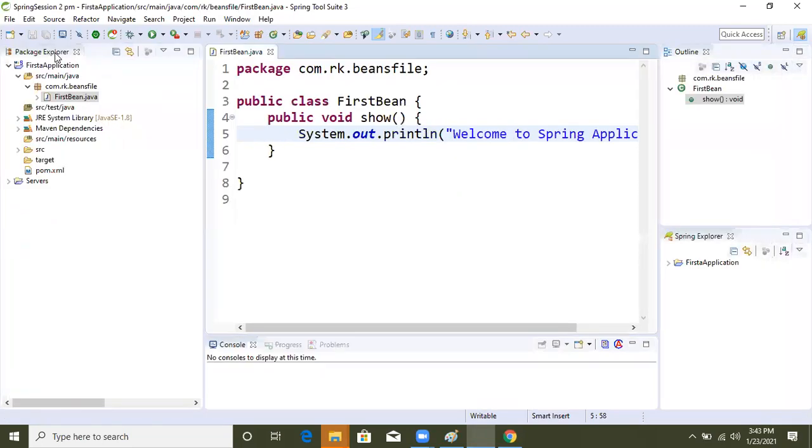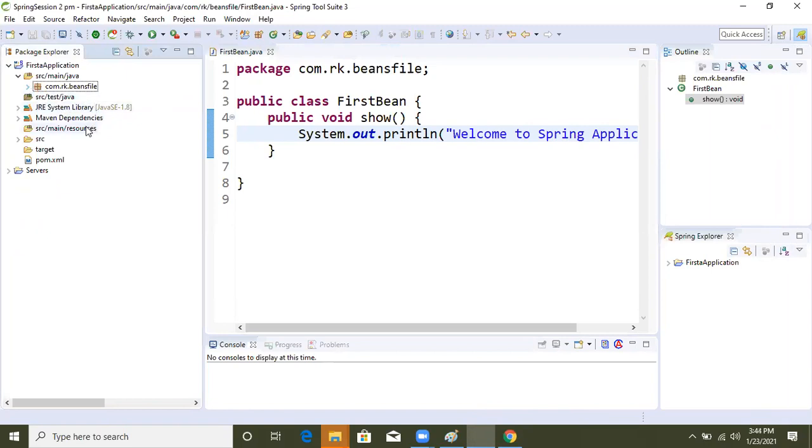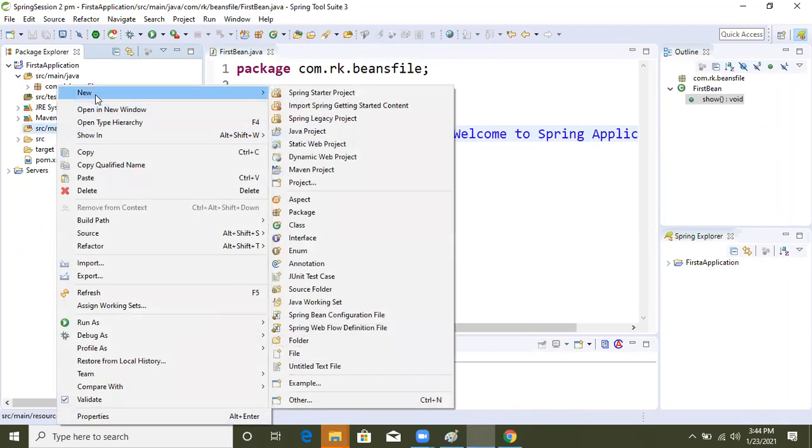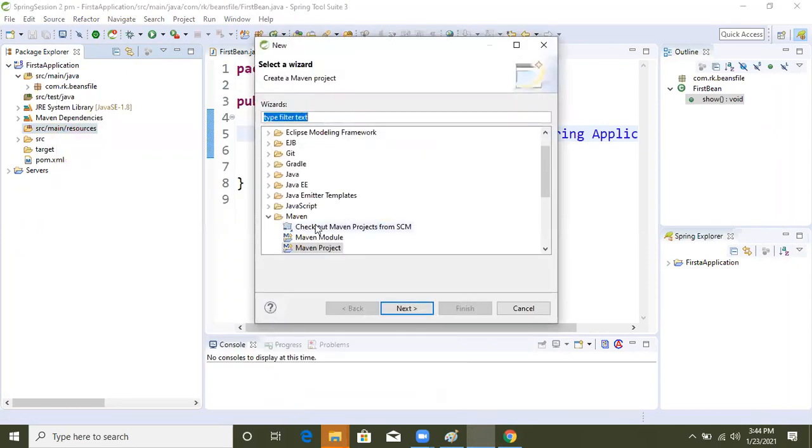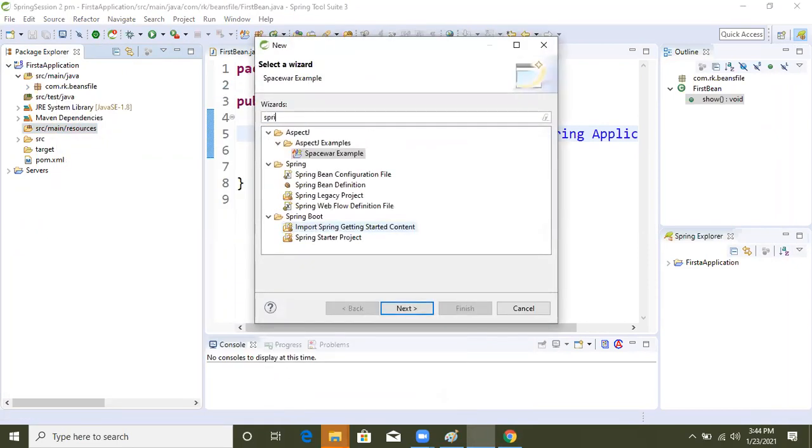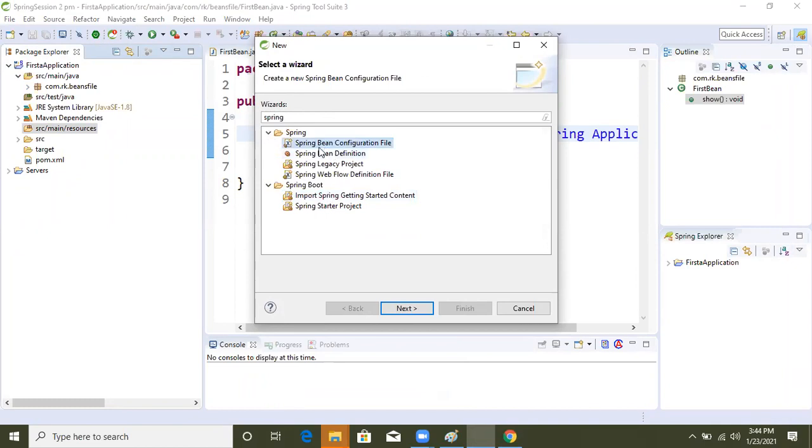We wrote one bean class, but I said that Spring needs two inputs. So in the resources folder we will create a Spring Bean configuration file. If anybody doesn't find it, go to Other and search for Spring.